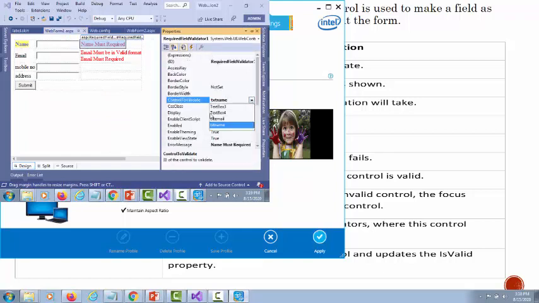If you do not set this property, then it will give an error. Another one is ErrorMessage. This one is also important, because if you leave this field blank, the user can't understand what information is to be filled. Now let us run this application.